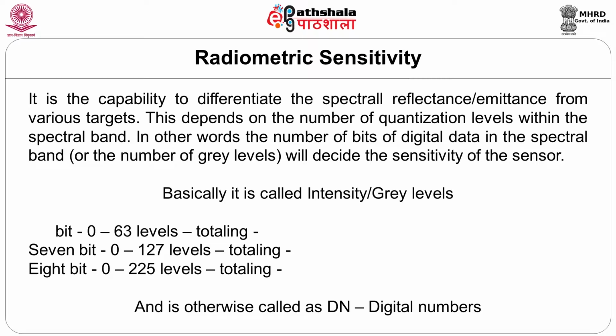And how is it obtained? Because we are using computers, we talk about bit levels. 0 to 63 is 6 bit, 0 to 127 is 7 bit, 0 to 255 is 8 bit. Naturally, 0 to 63 totals, have you thought of it? It is nothing but 64, 128 and 256. It is nothing but 2 power 6, 2 power 7 and 2 power 8. So that will be the values 0 to 63, 0 to 127 and 0 to